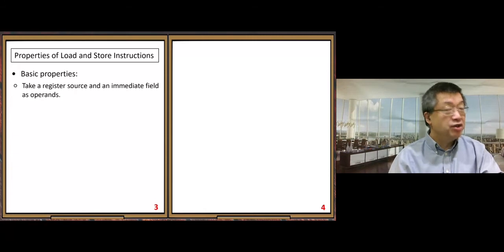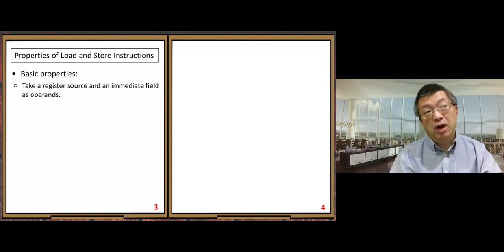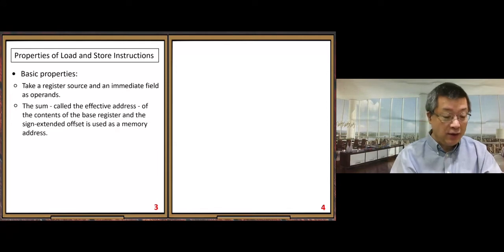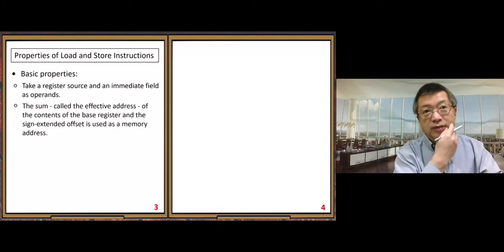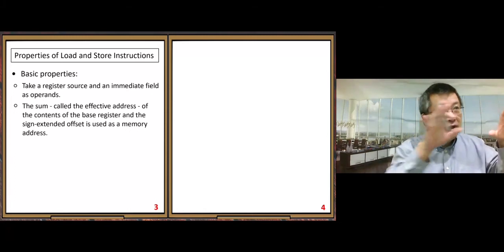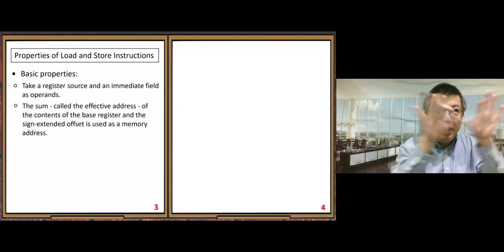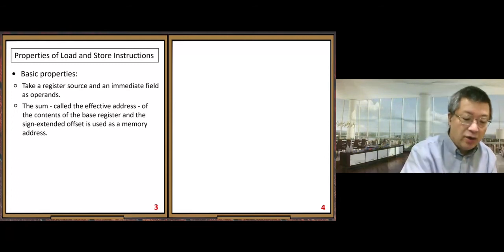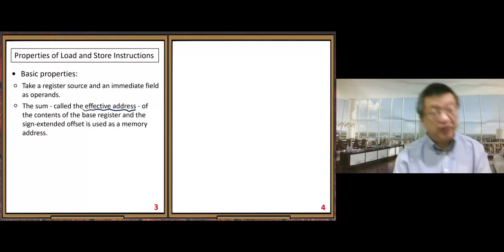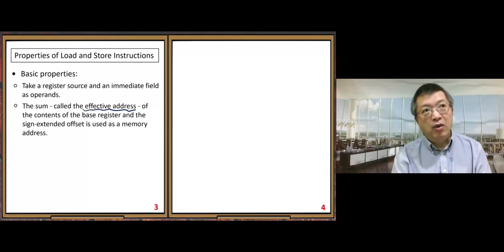The immediate field corresponds to that displacement, right? Or offset, as we sometimes call it. You add the displacement plus the base address, adding them together, and the sum is called the effective address. Remember, in one of the questions,